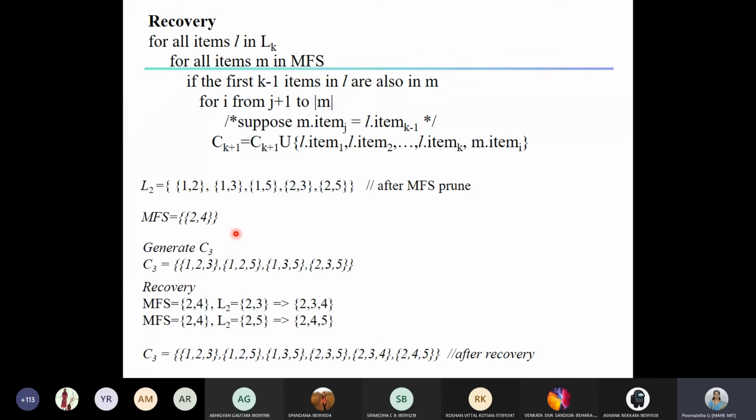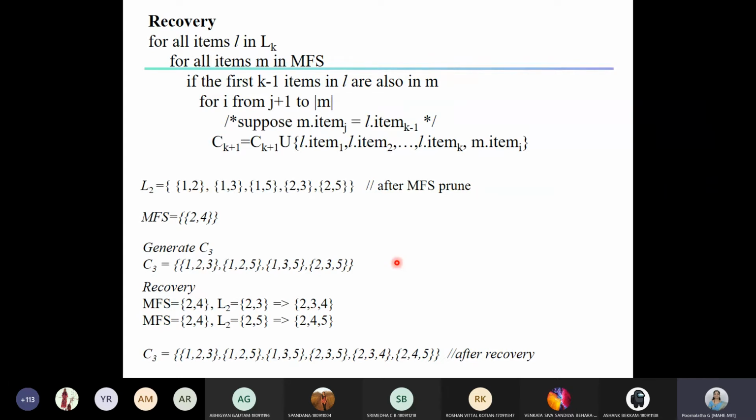I've traced the Apriori algorithm for you in detail. So again, I'm stressing, please go back. If you have not traced, please trace Apriori, trace partition. Otherwise, it is difficult for you to understand this pincer search algorithm. And I don't think you're going to get any video where somebody is explaining this pincer search in detail. You need to attend my class, or you need to go back to my recordings to understand. It is not difficult, it is easy once you understand. To understand, you need to listen and you need to try on your own once.